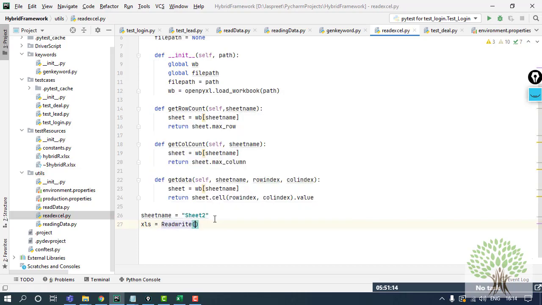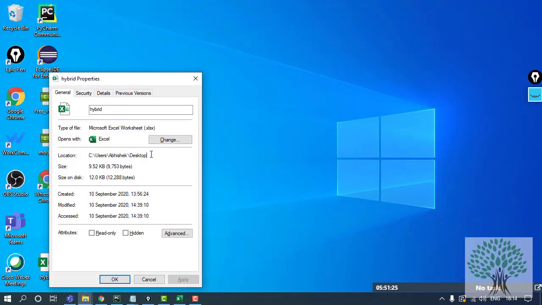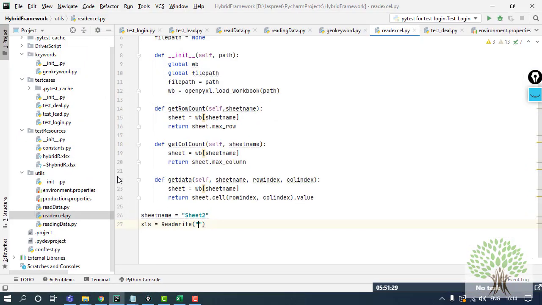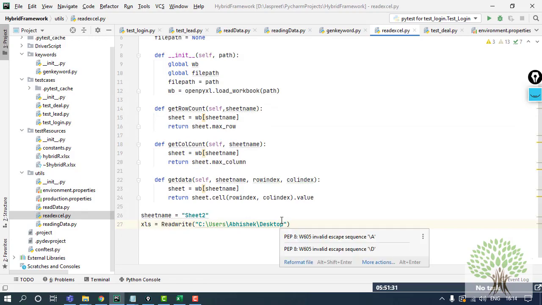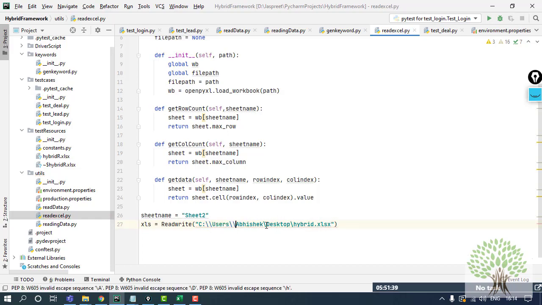To this class, what I need to pass is the path of my Excel file. This is the path of my Excel file, slash hybrid.xlsx, replacing the slashes, and done.